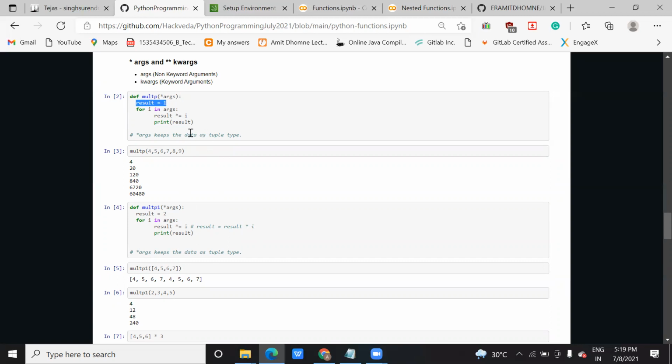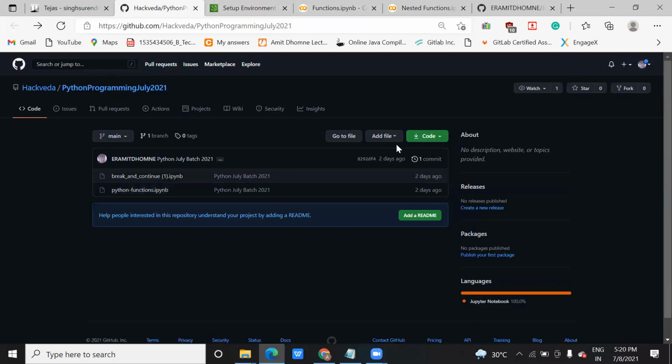When you print it, it will print whatever set of arguments you are passing and the value of the argument that you are initializing here, result, which is the default value 1. Correct, good. So that you can use it. Yeah, now everything is clear.